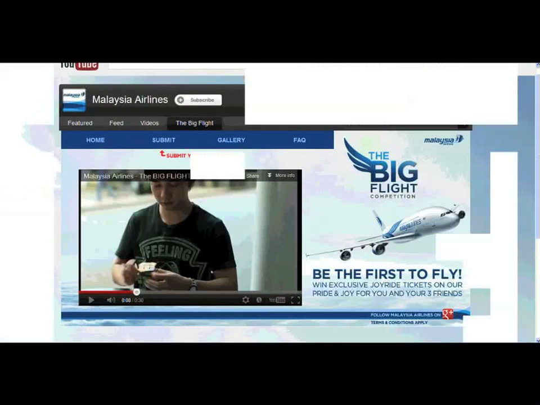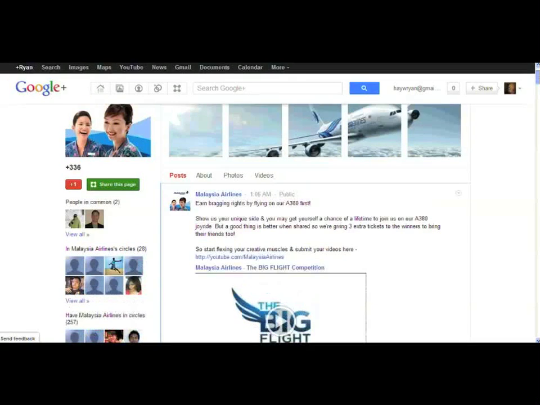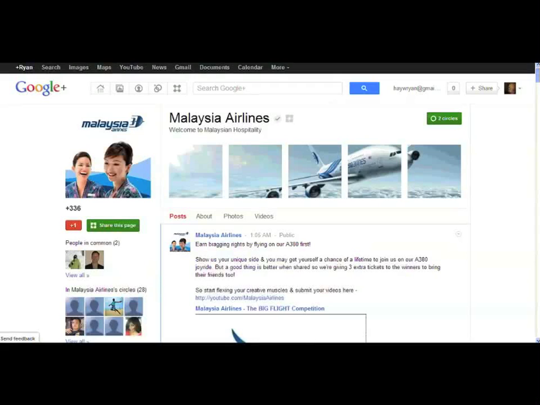So I think what I want to do now is actually just show you some of the pages that have been built out in Asia Pacific that I think are doing a pretty good job, and tell you some of the basics. So Malaysia Airlines actually launched their page just a few weeks ago. And they are going through a pretty big campaign right now where they are launching the A380. I think they're maybe the 8th or 9th airline in the world to launch the A380. So it's a very big deal for them.